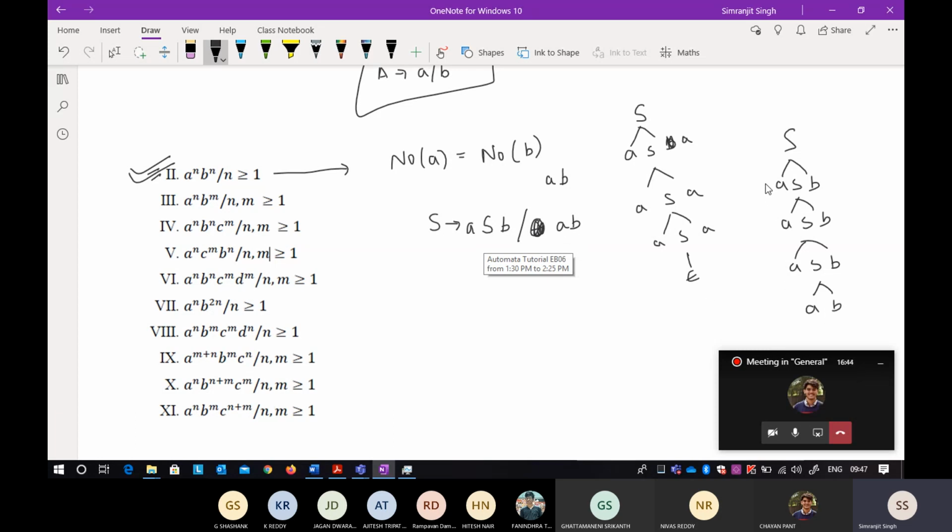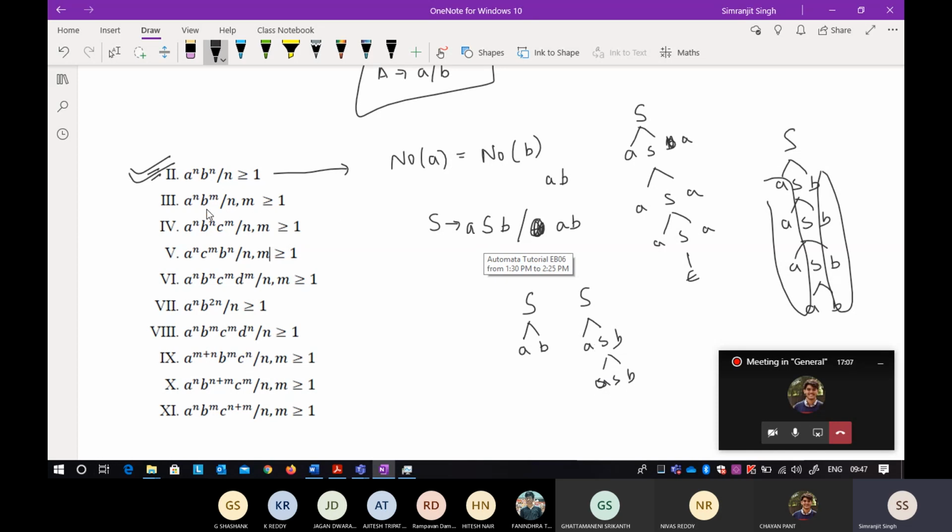Okay, so if you want to stop it, you will get this. Now see, this tree is quite balanced here. So the number of A's is always equal to the number of B's. If there are 4 A's, there are 4 B's. In a similar way, if you want a single A and B, you can go ahead and do it like that, A and B. Any number of A's and any number of B's can be got from here. There is no problem in that because the tree is always balanced.